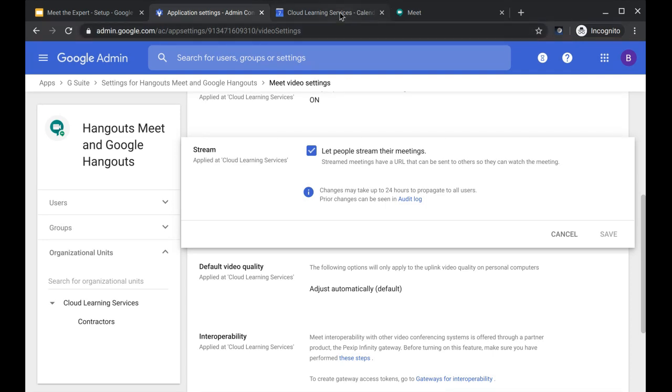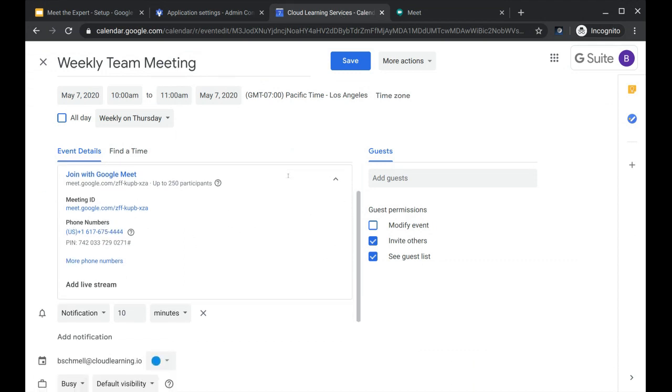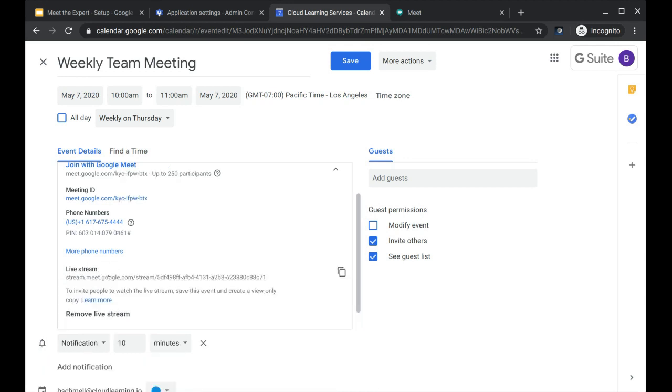So once again, if I go back into my calendar, you'll notice that I have my main event here. And if I wish to turn this into a live streaming event, I can click Add Live Stream. And notice there's now a link that you can share with everyone else in the company. Okay? Now, with a live streaming event, I just want to point out that let me change this from a weekly team meeting to an all hands